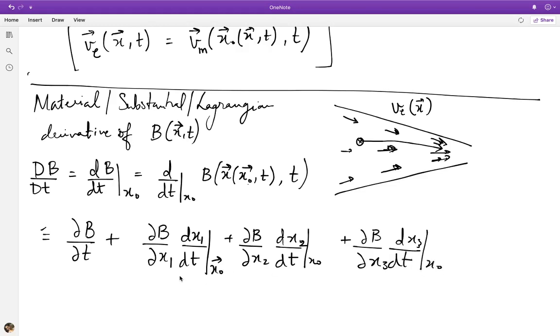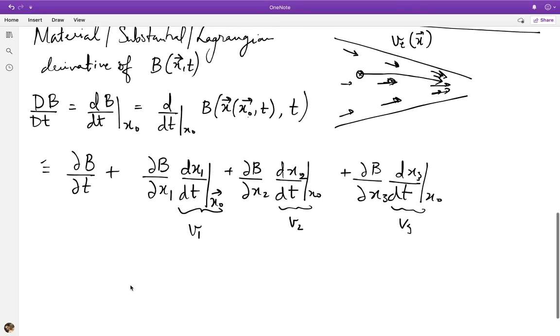Yes, but what are these? These are defined as nothing but the material velocities, right? The components of the material velocity. And these three partial derivatives of B with respect to spatial position will be recognized to form the gradient vector. So I can write this in vectorial form